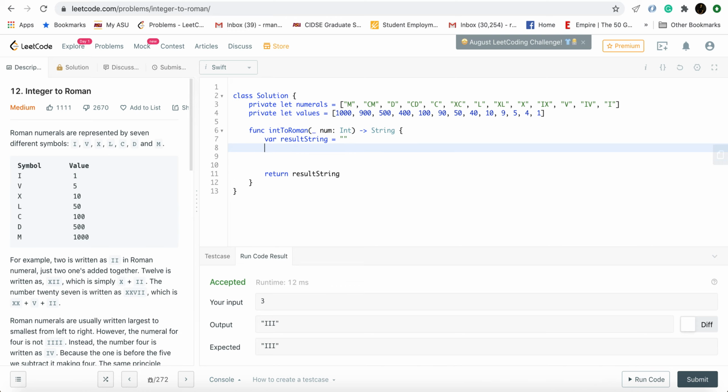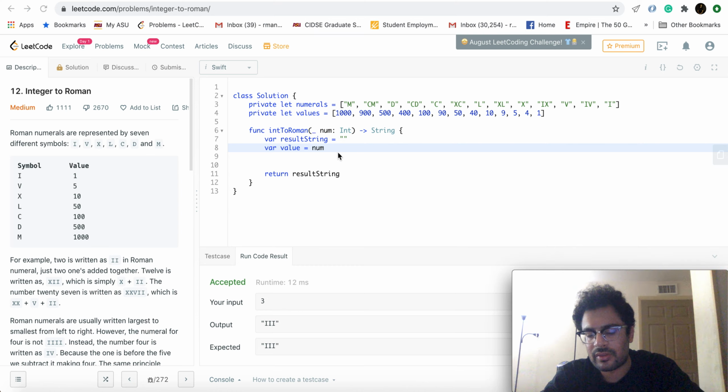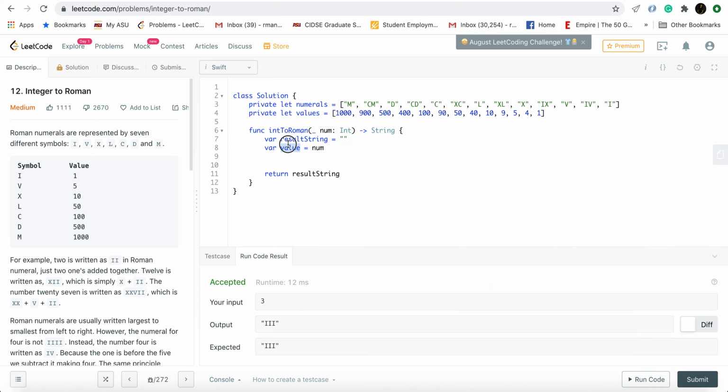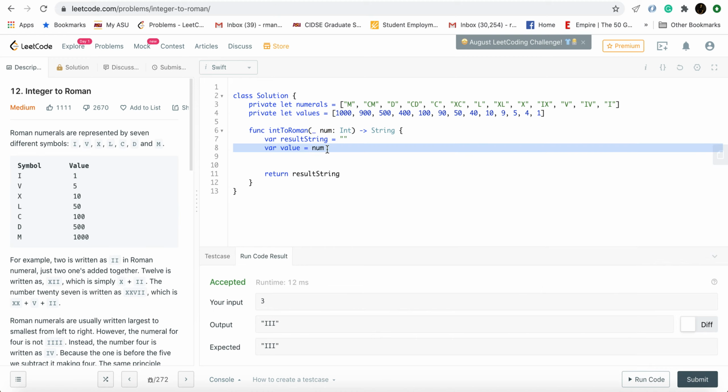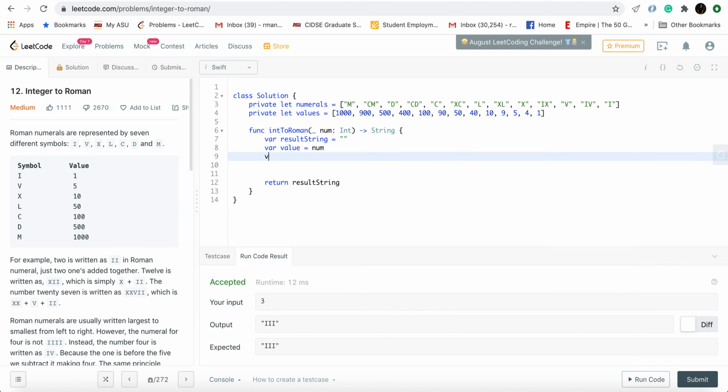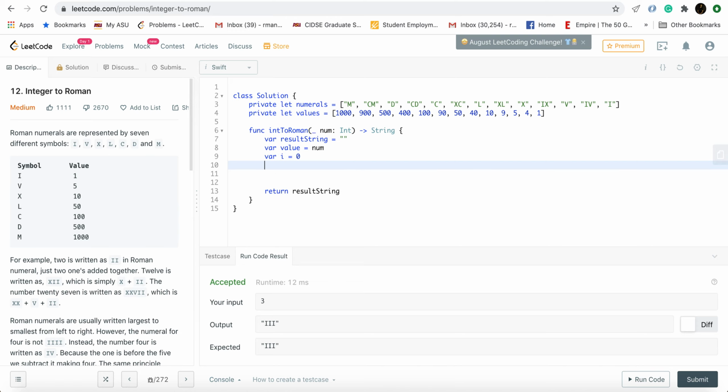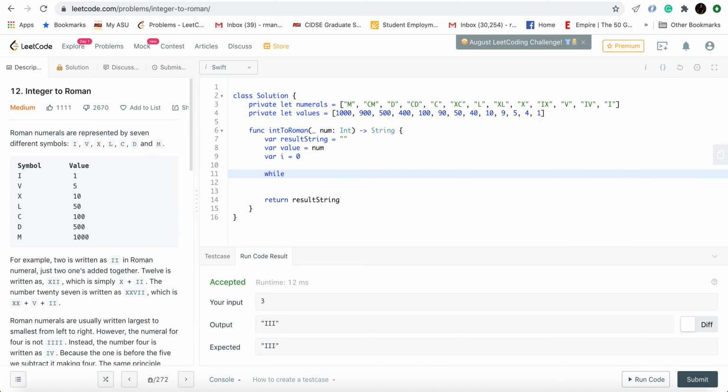Now, creating a copy of num, because I can't directly manipulate num in Swift. Swift does not allow that. This is just a copy of the original number that is passed in. You can ignore this part. This is not important. We'll have an iterative variable I, and so while the value has not been driven to